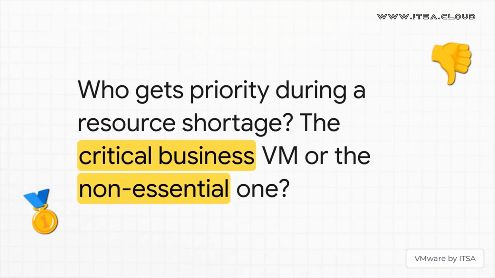This is a great way to think about it. Imagine a power outage hits your building, and the backup generator can only power a few apartments. Who gets priority? Is it the quiet tenant running a critical home business, or is it the noisy party animal up in the penthouse? Well, shares let you decide that the business tenant always gets power first. That, right there, is prioritization.